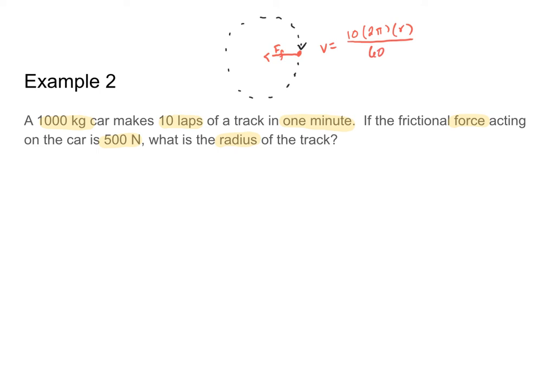I know that because that's the distance that I travel. So I travel 2 pi r meters 10 times in 1 minute. That will allow me to find my speed,